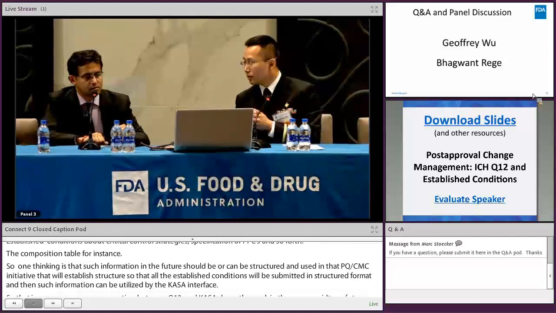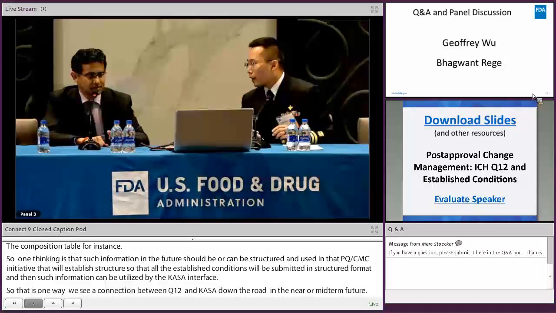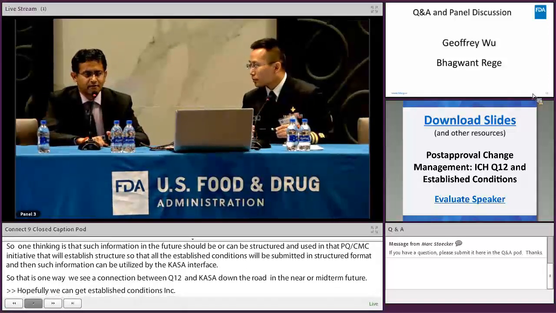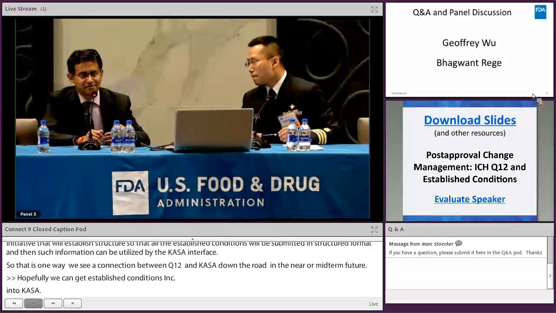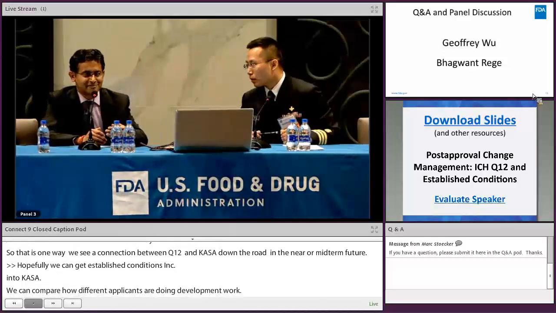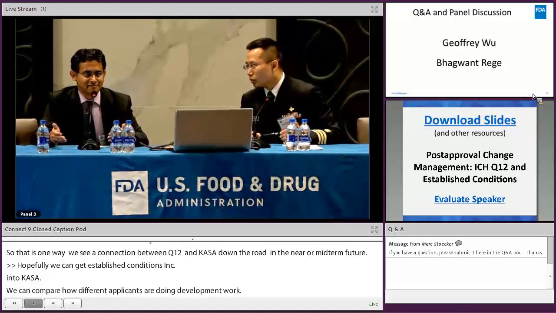Yeah, and down the road, when hopefully we can get established conditions incorporated into CASA, we can actually compare how different applicants are doing their development work. For example, if we see certain applications with a large number of established conditions versus somebody where very few established conditions have been approved, we can